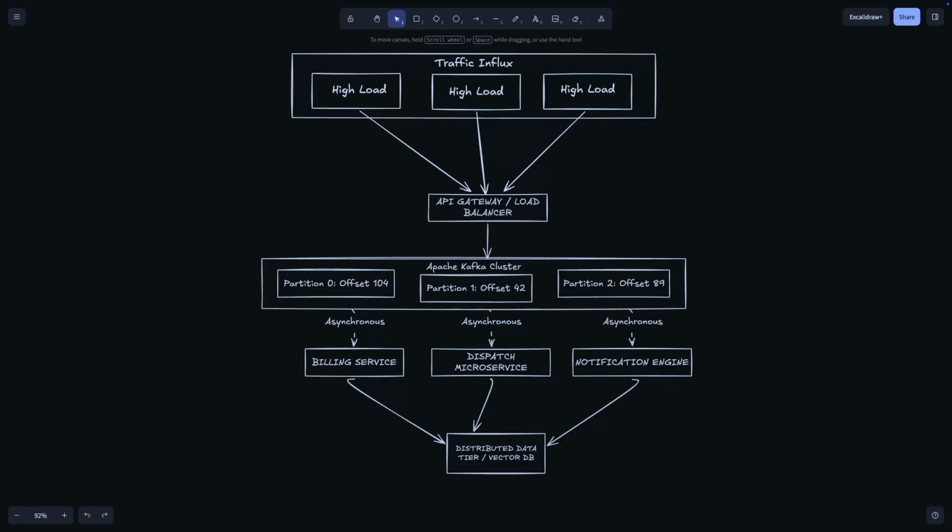Now, scaling your application logic using a message broker is only half the battle. If your underlying database layers aren't partitioned to match this asynchronous flow, your storage engines will still bottleneck under heavy read-write cycles. To see exactly how to solve that storage crisis using advanced database sharding and write-ahead logs, click on this breakdown right here.